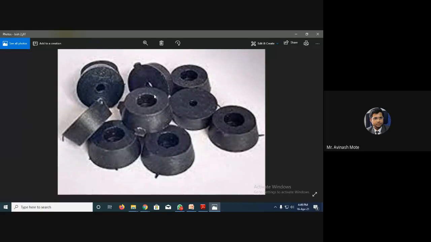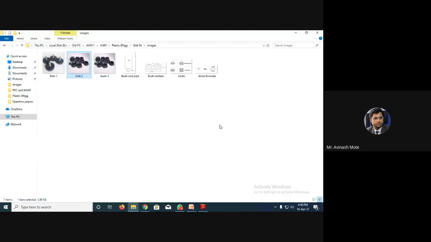Okay, PVC. Mostly see, rubber bushes are not preferred nowadays. PVC bush is preferred in industry also, made from PVC material. Access for the screw thread is also given, and this inclination is also given, which is called a draft. So this kind of bush is there. This is one kind of shape I have shown. It is not always required to be this size. Right, so that's what I decided to discuss with you.